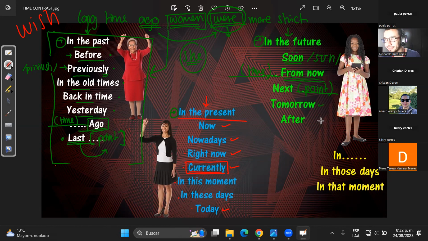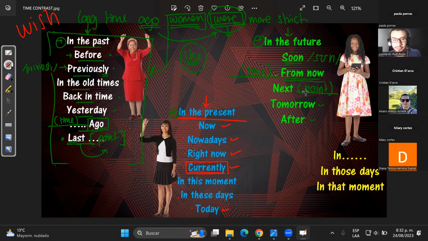Tomorrow, mañana, igual que yesterday and today. Puede ser metafórico, puede ser literal. And after, después. Yes, it's not specific, it's just after, that's it. ¿Listo? Guys, hasta ahí. ¿Alguna pregunta en las expresiones que hemos visto de tiempo?